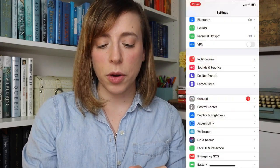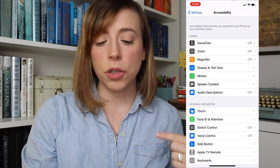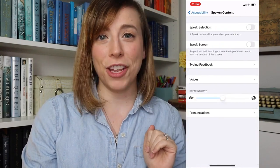But if you have an iPhone like me, first, obviously, you want the Kindle app, so just make sure that that is loaded onto your phone. Then you want to go to the settings of your phone. The screen will look like this, and you just want to scroll down to accessibility and click that. And I have my little notes over here. So after accessibility, you want to go to spoken content,